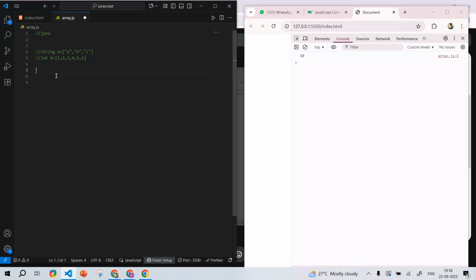You can store function also. You can store objects also. You can store integer also, and you can store string also. In one array you can store it. Is that clear? For example,